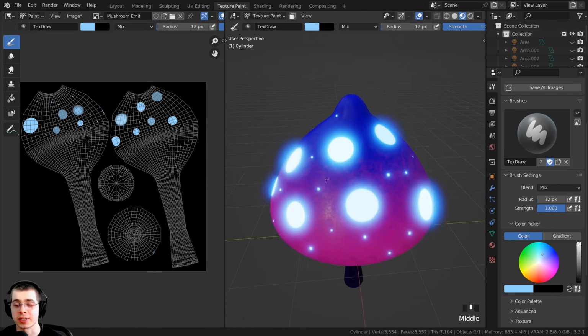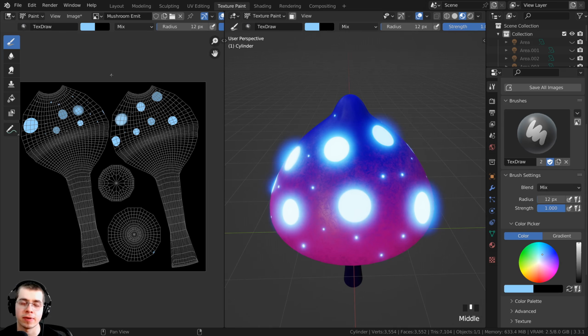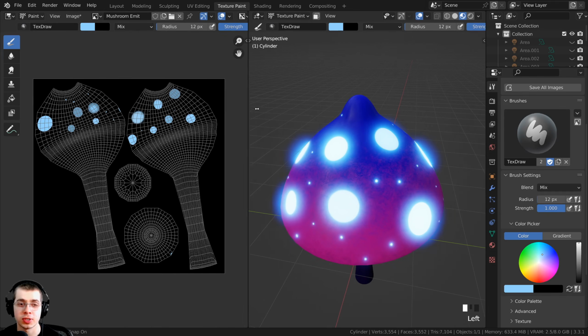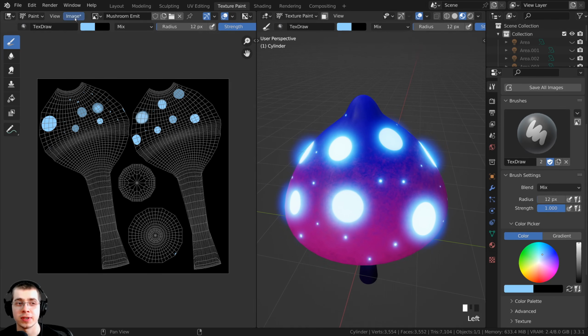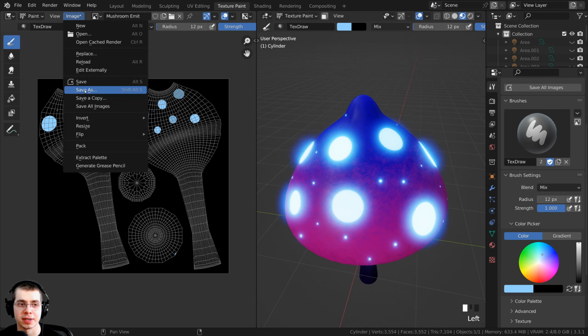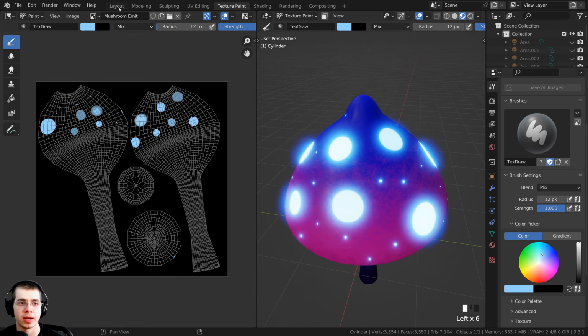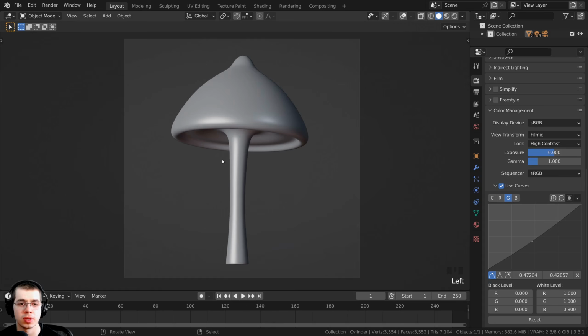Now once you're done with the texture painting, it's very important to save the final image, because if you don't save the image and close Blender, Blender won't keep the image data. So you can just open back up the image editor, and then click on Image and click on Save As. I'm just going to save this as mushroom emit.png, and I will save this as an image on my computer. Alright, so I can now just go right back over here to the layout,